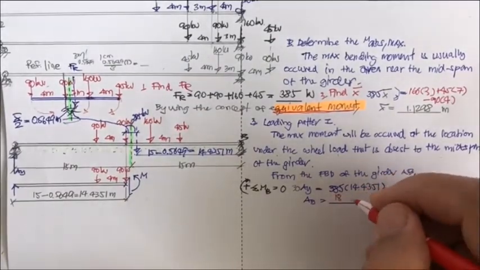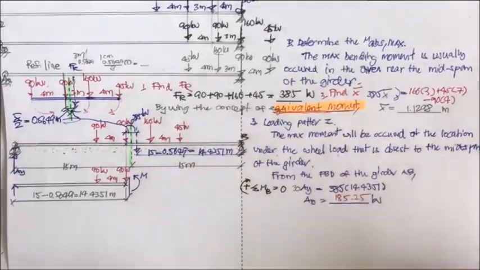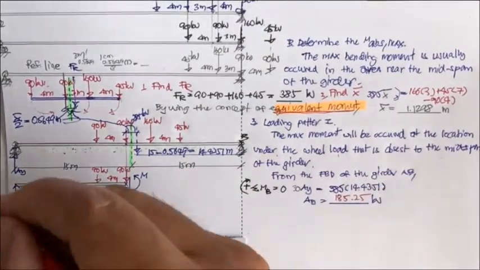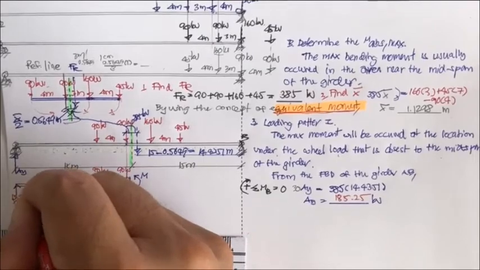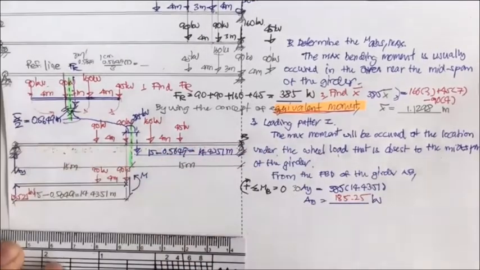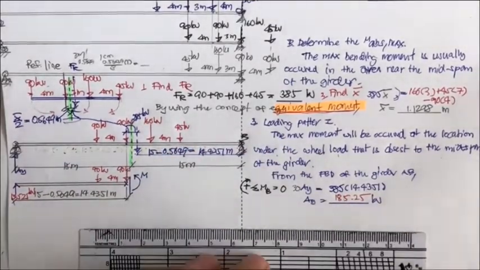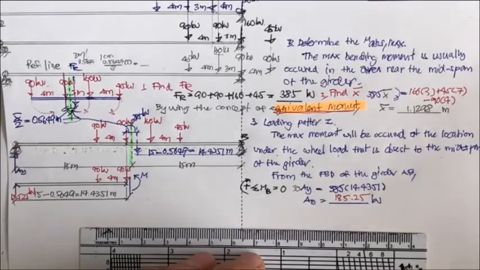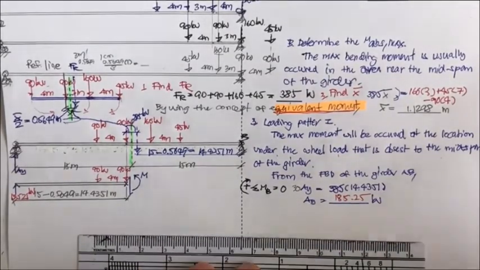Okay, and this one is going to be 185.25 kilonewton. And then you use the free body diagram of the